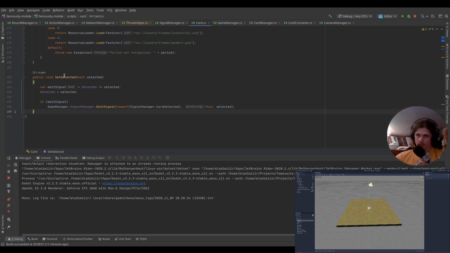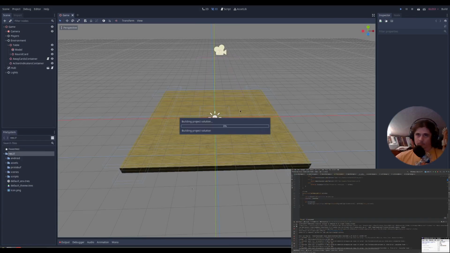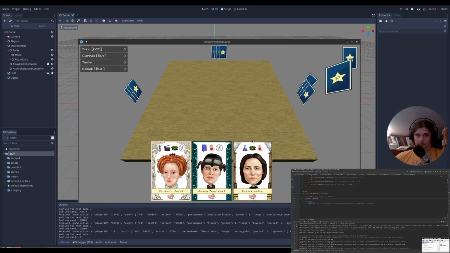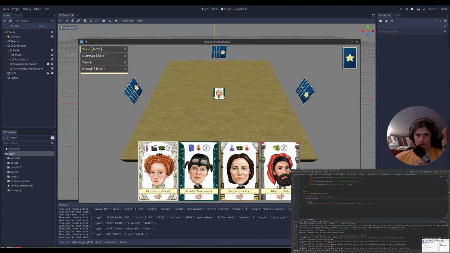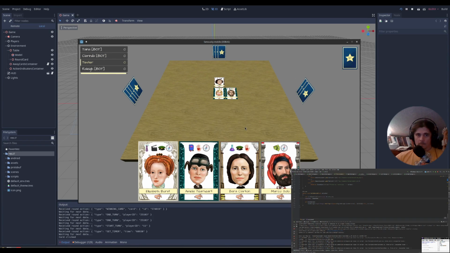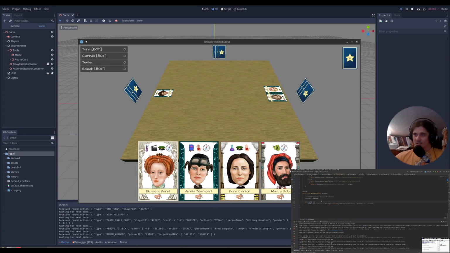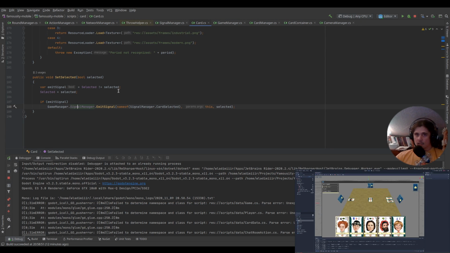One more thing needs to happen here, and that is that on selection we actually want to move a card a little bit up, the same as we have for the combined cards. So if you remember from the last time when we were implementing the combined cards, card click. Okay, so now I'm not able to play, so I won't see any cards on the table. Okay, never mind. So basically